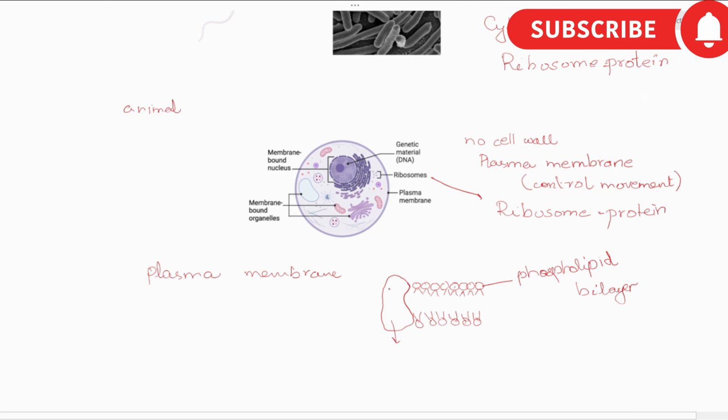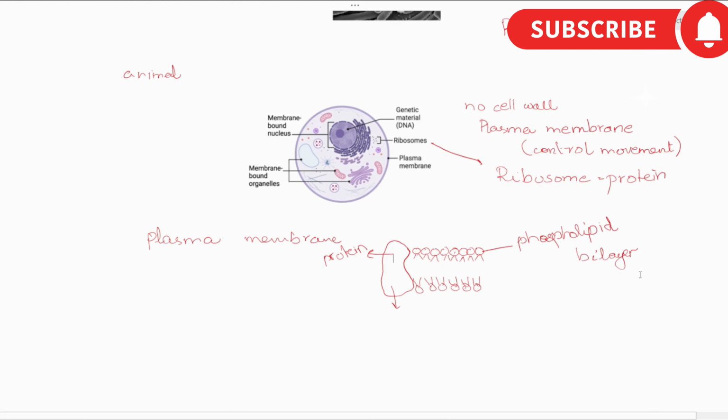So there are certain proteins which allow some of the molecules to enter, which are bigger in size or which cannot enter on their own. Then they need certain proteins which are present in the plasma membrane. They take help from these proteins to enter the cell. Did you get the idea? Got it? Okay. So it's a phospholipid bilayer and it controls the movement in and out of the cell